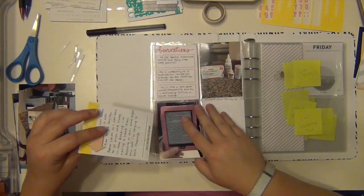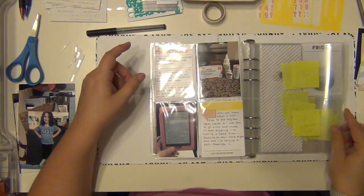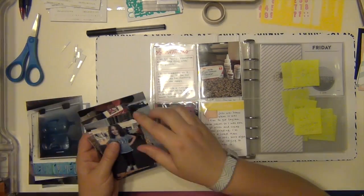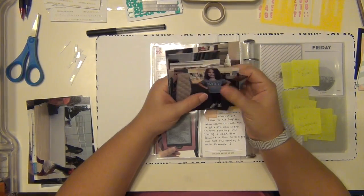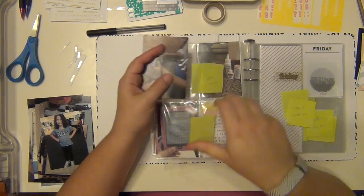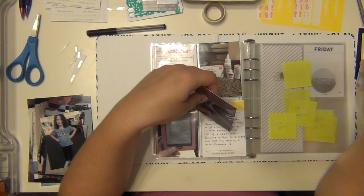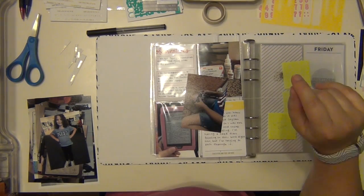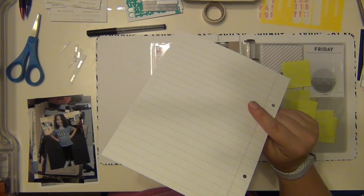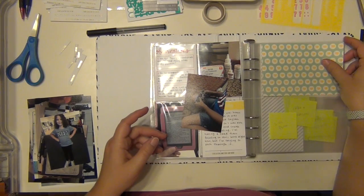And then I will work on my 4x6s over here. So there was one picture that I forgot to print out, and I was like, crap. I realized it at this point. I went, oh man, I forgot to print that picture. So I'm actually going to go back to that later. I don't do it in this spread here, so you'll see it the next time I turn the camera on. But yeah, the bottom is going to be a 4x6 picture that I'm going to have to